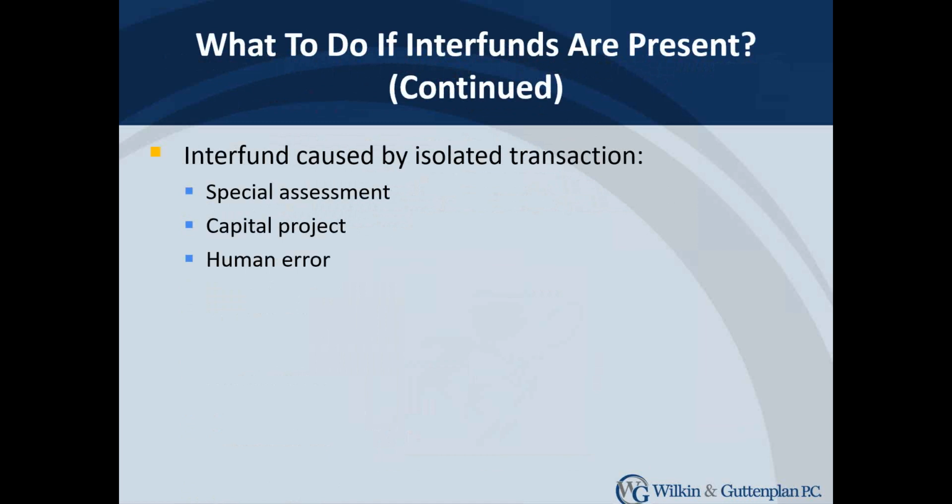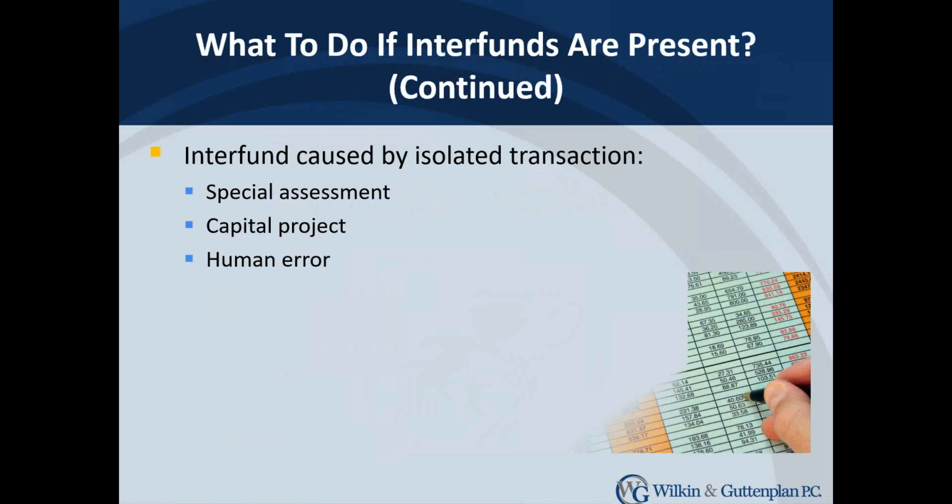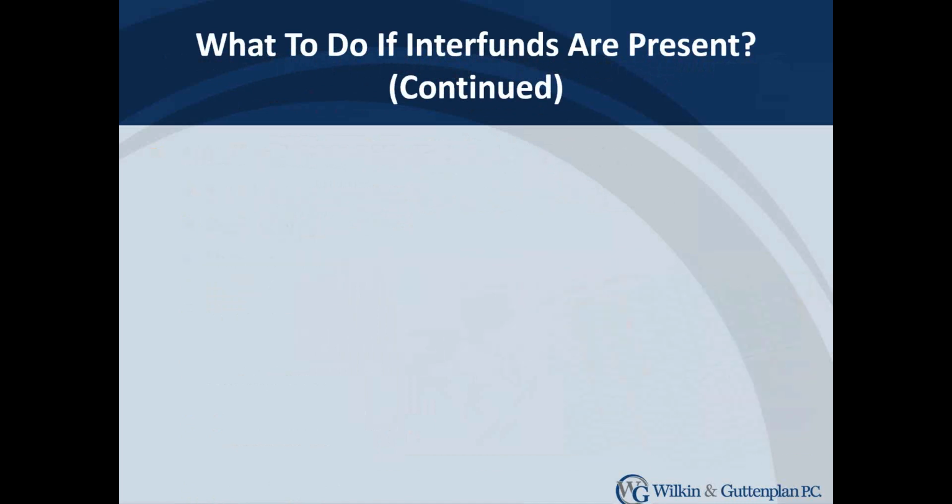Maybe the accountant just mistakenly hit the wrong general ledger account when recording a transaction, and it resulted in an interfund. So these are usually easier to identify, and easier to fix, because you have a solid background on what caused the interfund, and you can game plan on what the best solution is to eliminate it. The harder ones to identify are when they span across